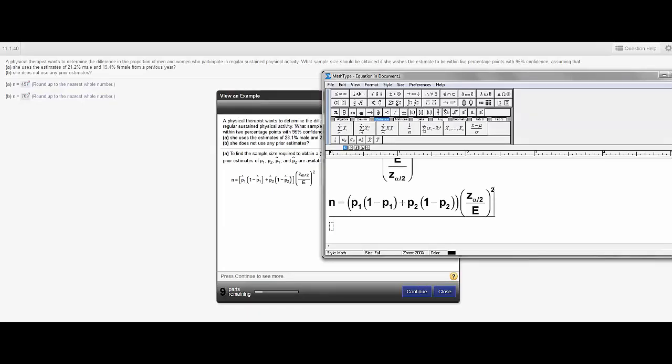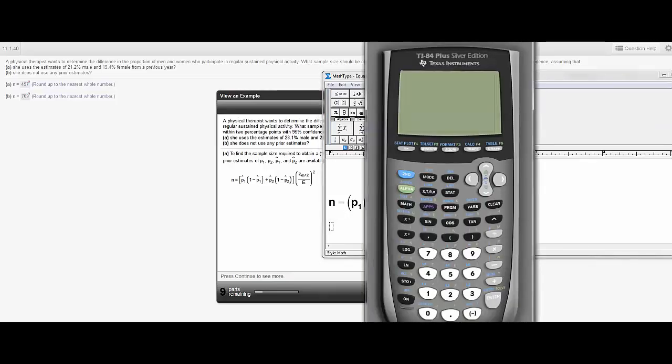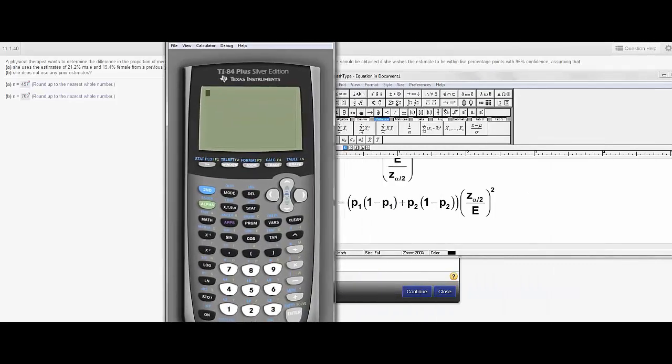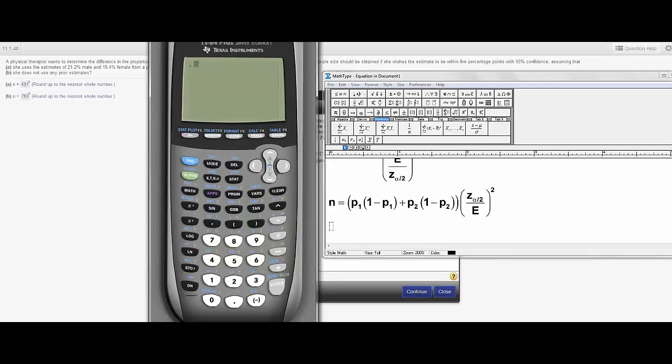So what I need to know is the first percent and the second percent, the critical z, and the margin of error being the 5%. So let's go to my calculator here and turn that on. Okay. All right. So I need to use my formula. Let me use my nice big one here. I need to figure out this thing right here. So that would be the point. Oh, I can barely get this on screen. Okay, so